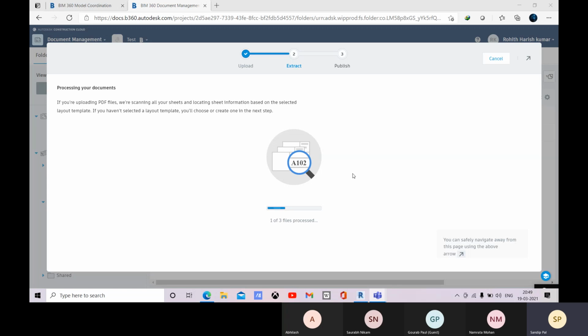So as I have told you, this BIM 360 document management, or BIM 360 Doc, is the base layer. So whatever files you are uploading, either for your model coordination or for your design, this document management module, or BIM 360 Doc, will control or manage or arrange the permissions. So that will be done by this BIM 360 Doc module. Okay, so that's why this is the base module for each layer.